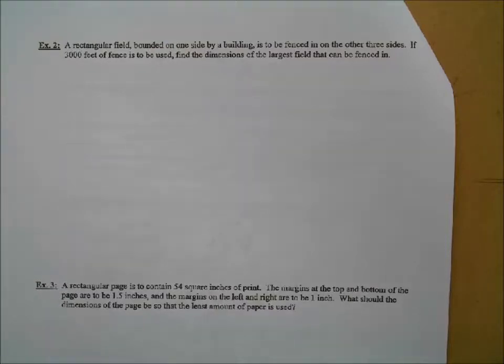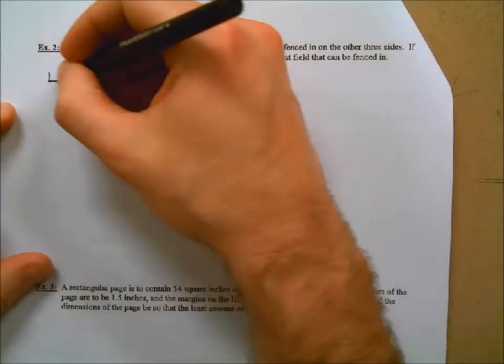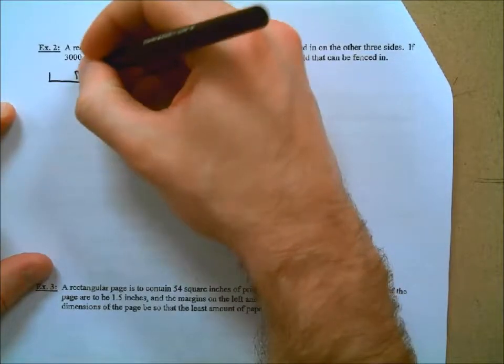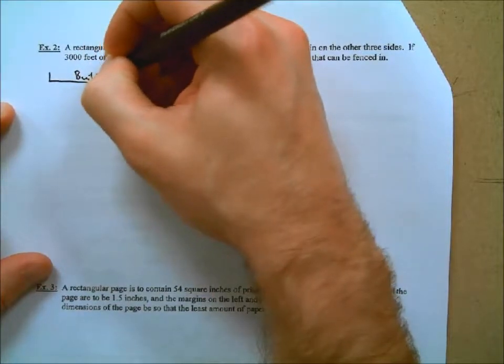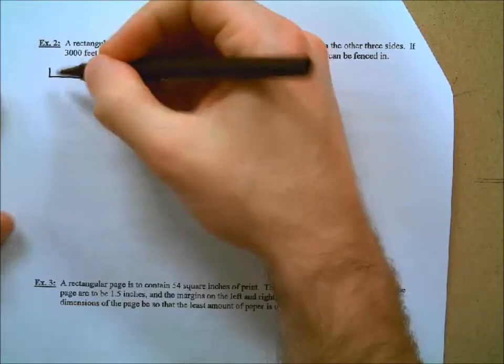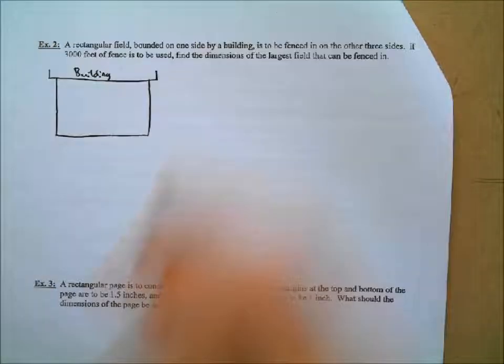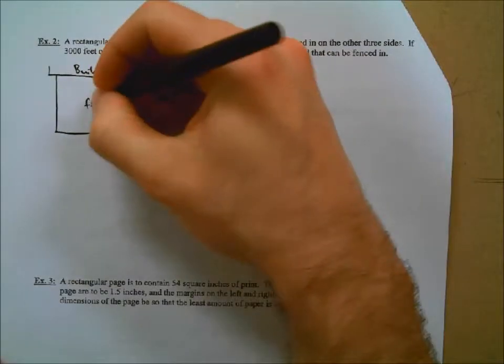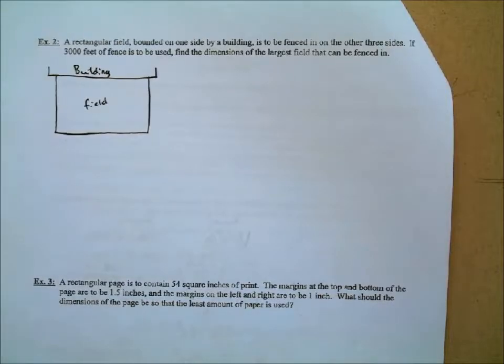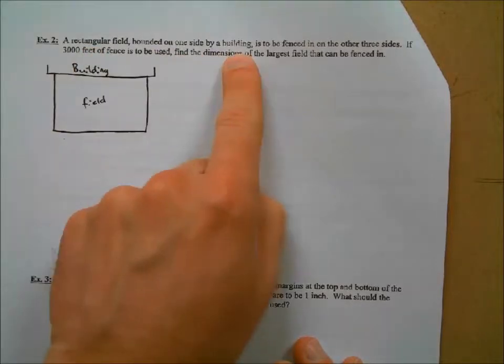So, situation number 2: a rectangular field bounded on one side by a building is to be fenced in on the other 3 sides. Okay? So we're going to have a building that's big enough to bound or to provide one side, and then let's just say, here's our field. Rectangular field. Okay? So, it's bounded on one side by a building, and it is to be fenced in on